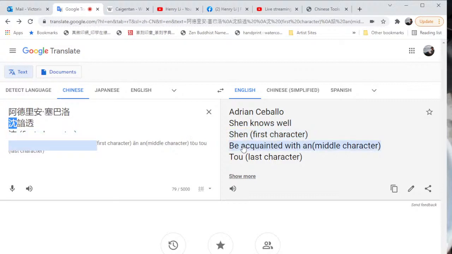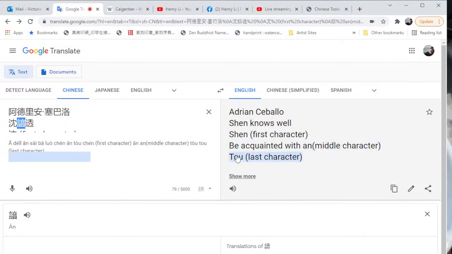So I used the second character An, which is from your initial, A. And the To, I made up because through the email communication I know you want to address the meaning of compassion and sensibility. So I think to be acquainted with, or to know, to apprehend, comprehend something. That's what this middle character means. And To means thoroughly. So to understand, to know thoroughly,